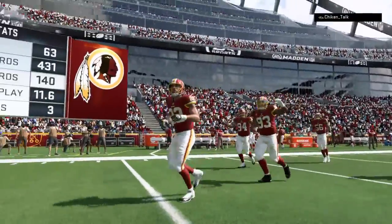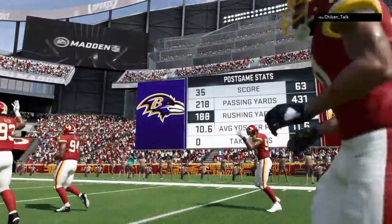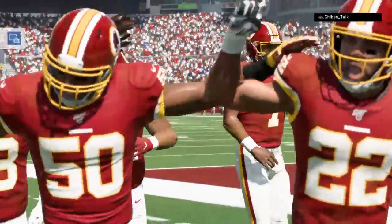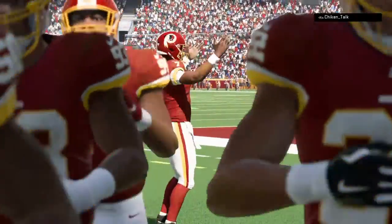So for the Redskins, they're setting themselves up as a major contender as they move to 8-1 now on the year. And they'll get to stay home again next week. Meanwhile, for the Ravens, the loss knocks them from the ranks of the undefeated as they drop their first game of the